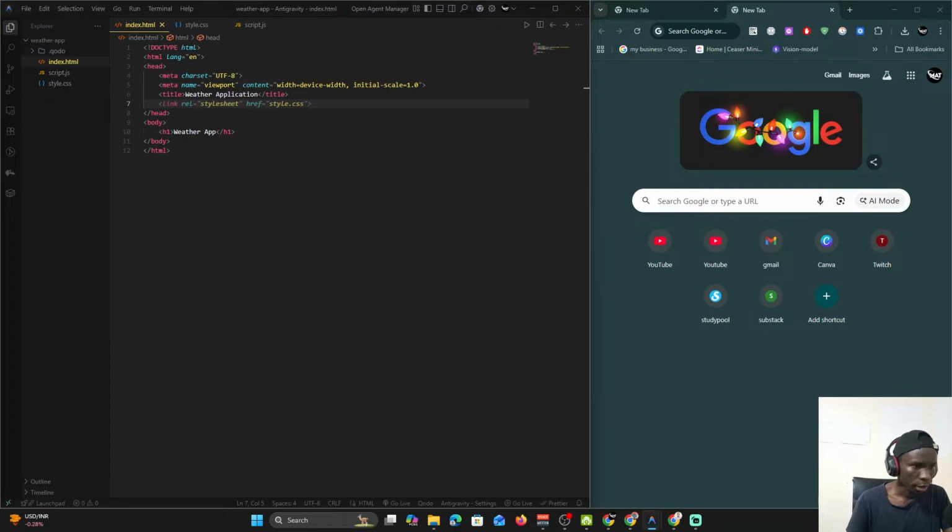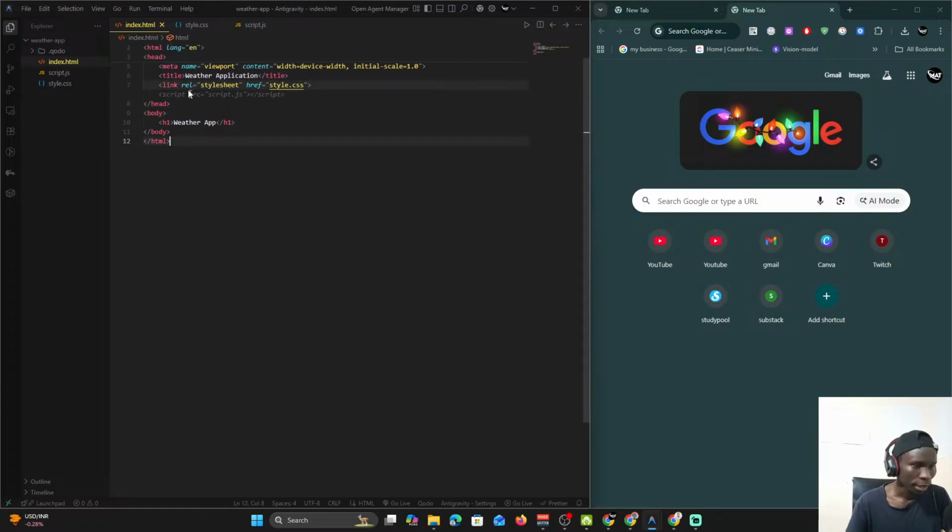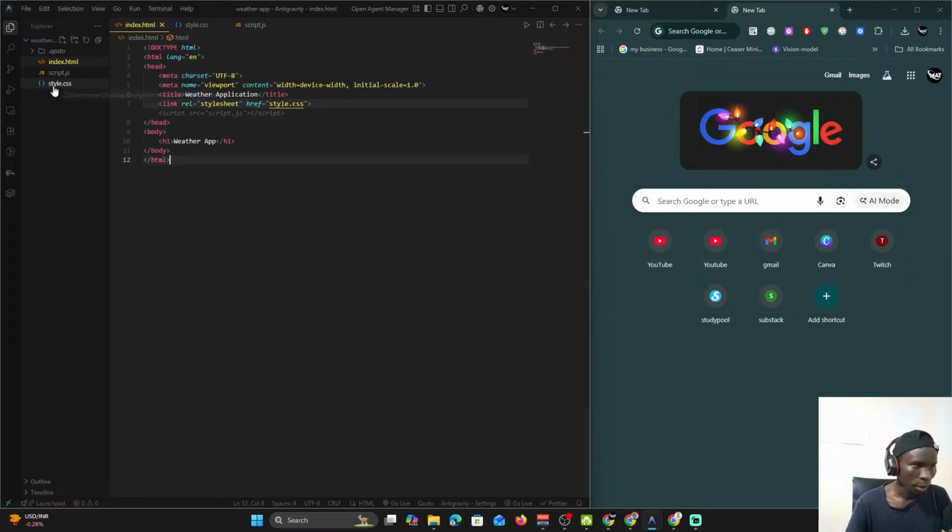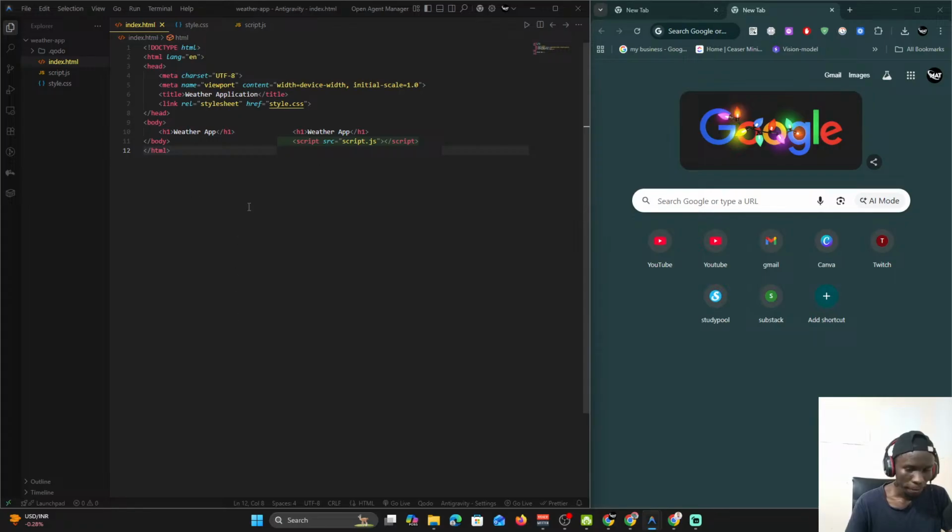Then now we need to import CSS. CSS is all about the styling side of things. So we need to link the CSS, the style sheet. This one is our CSS, where we're going to store our styling. Okay, then